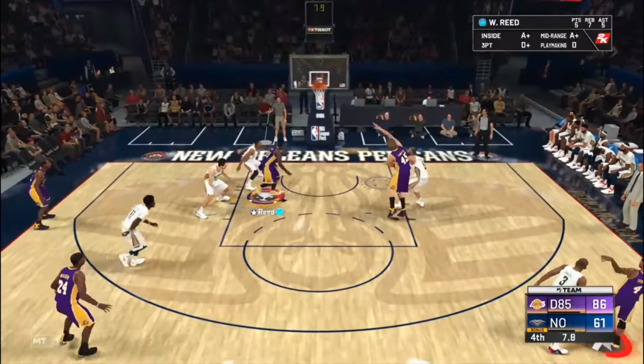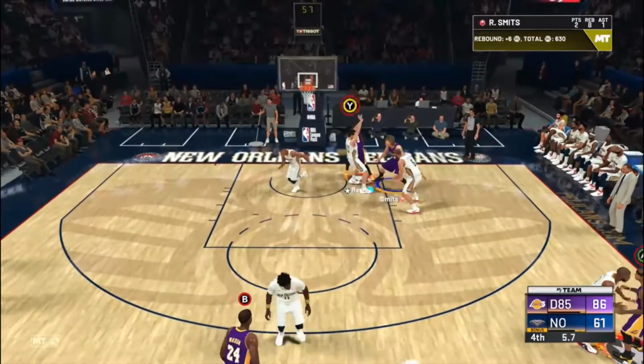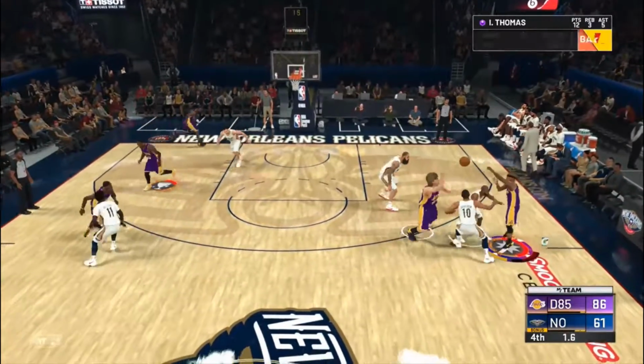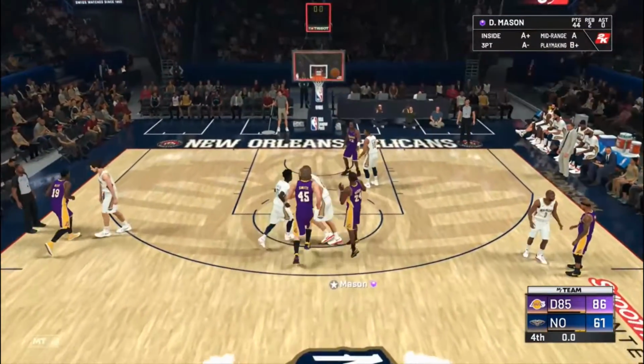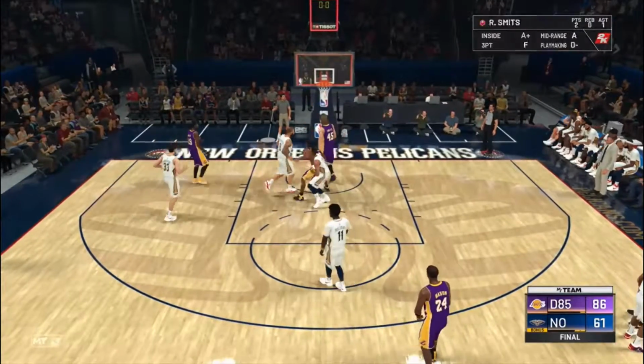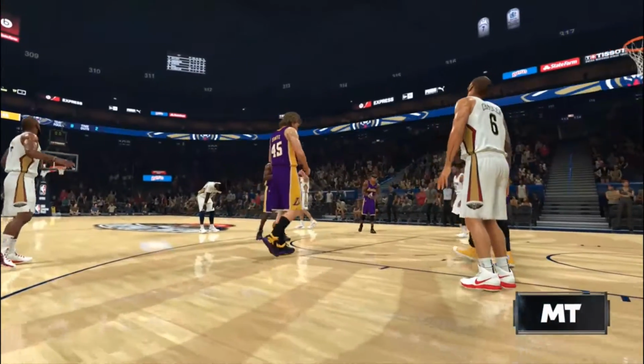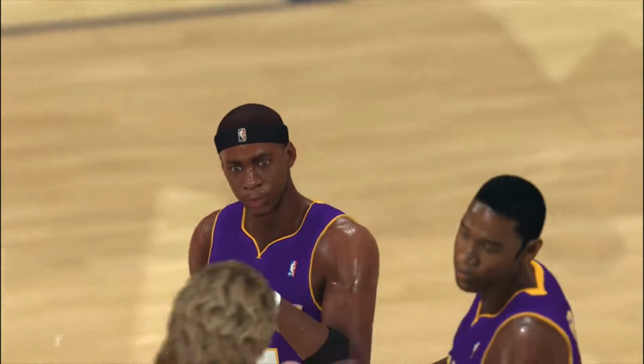Thomas outside. Offensive rebound. You can say what you want about Paul, but he's a persistent defender. I mean, he expends so much effort at that end of the court. So we see...